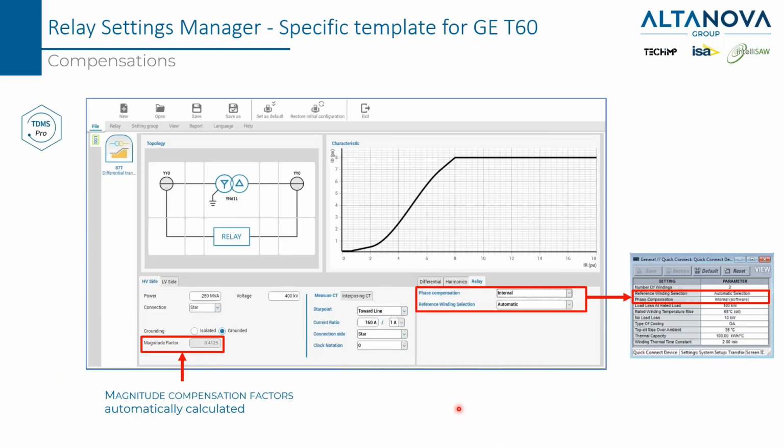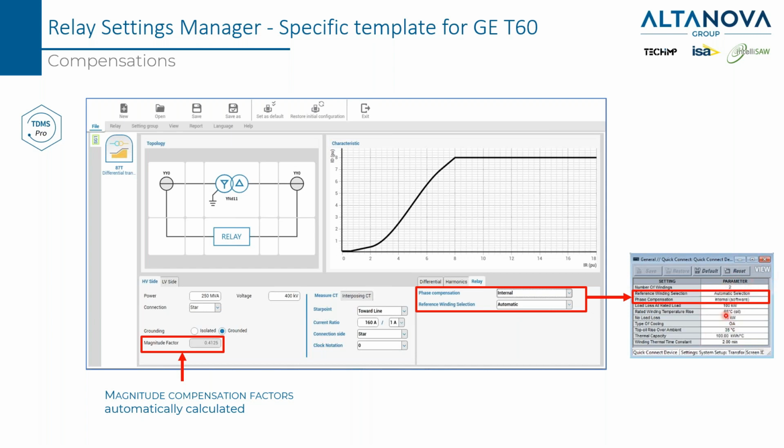Okay, finally, we are at the end of the presentation. This is a template that you can find in TDMS Pro that gives you the possibility to input the parameters that you can find in the relay.